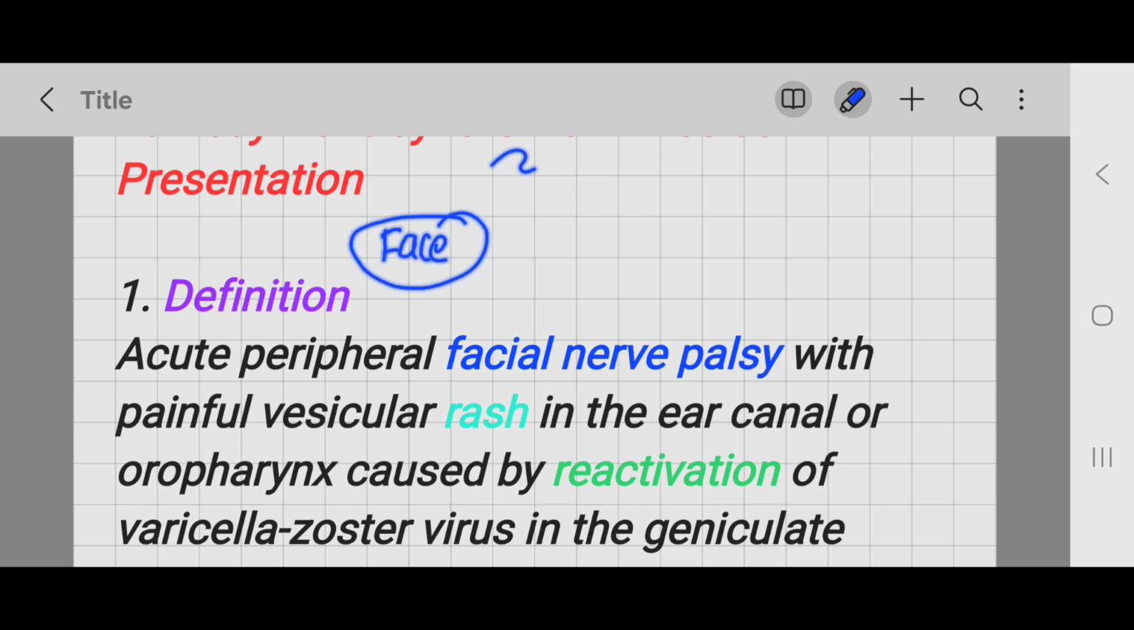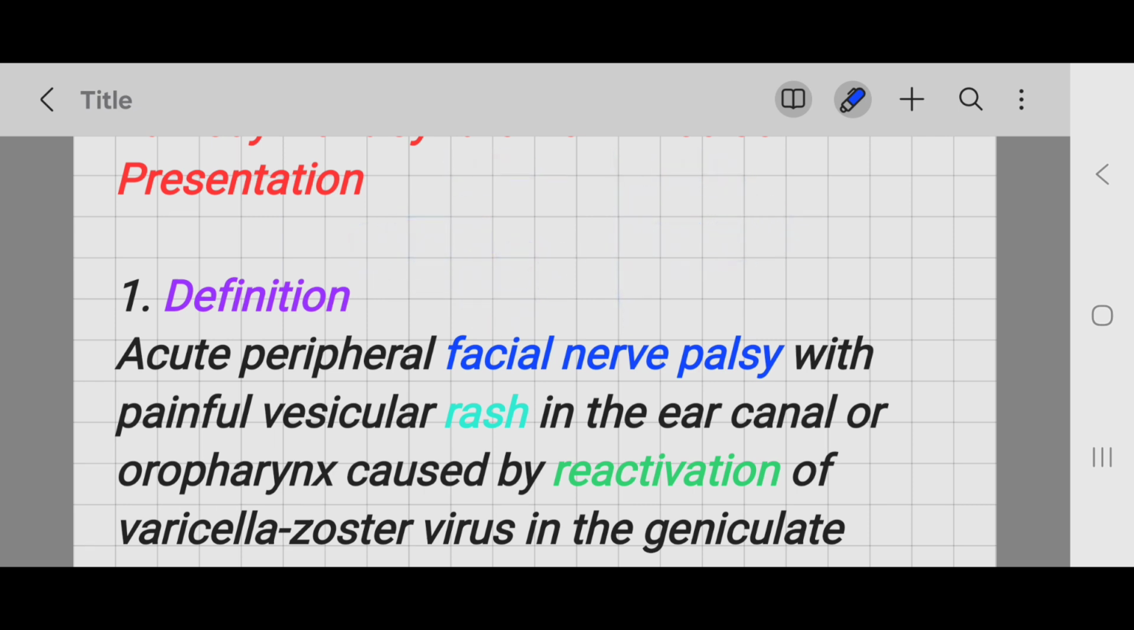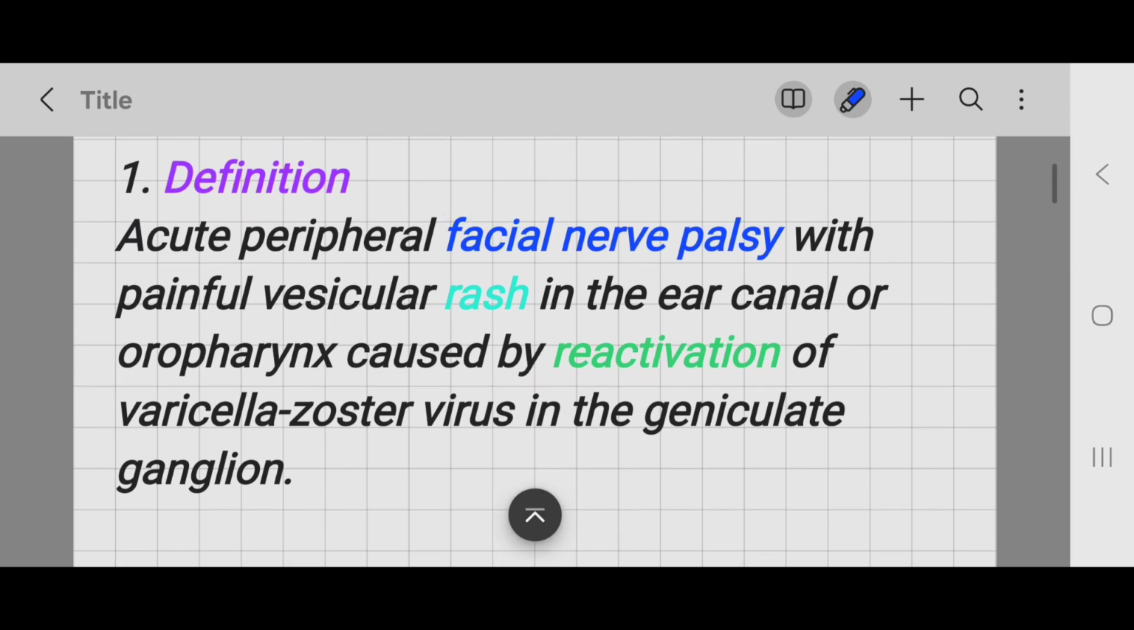In this way, you can differentiate lower motor neuron lesion from upper motor neuron lesion, because in case of upper motor neuron lesion, you are able to frown, but in case of lower motor neuron lesion, you are unable to frown. So, Ramsay Hunt syndrome is a peripheral facial nerve palsy that is characterized by a vesicular rash in the